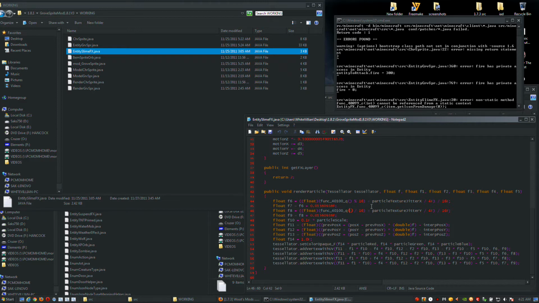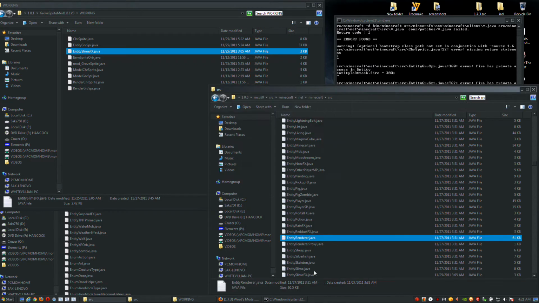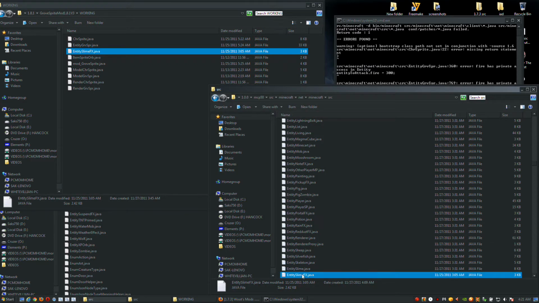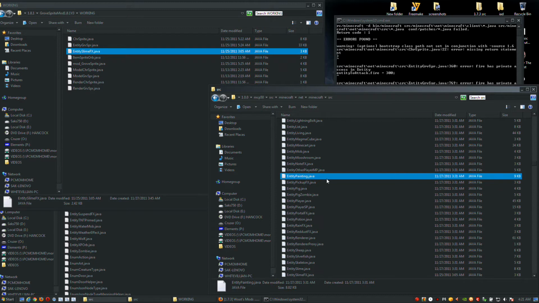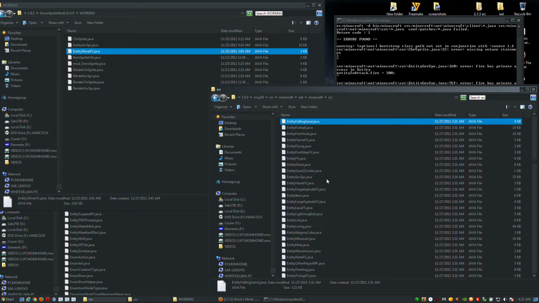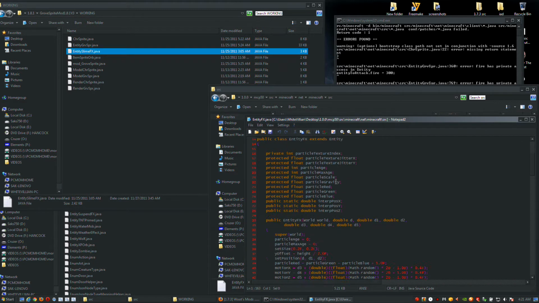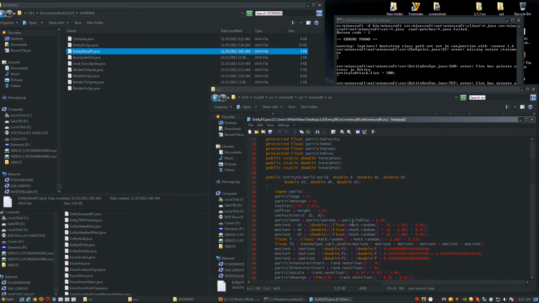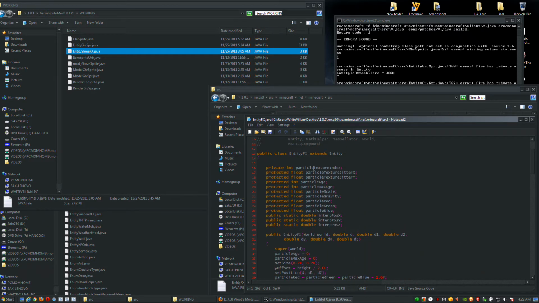And all you have to do to find out these is just go into the particular source file. So this was the file that I was editing. It told me that my variable was private in entity fx, and it told me the variable name that was private. So what I did was copy that,